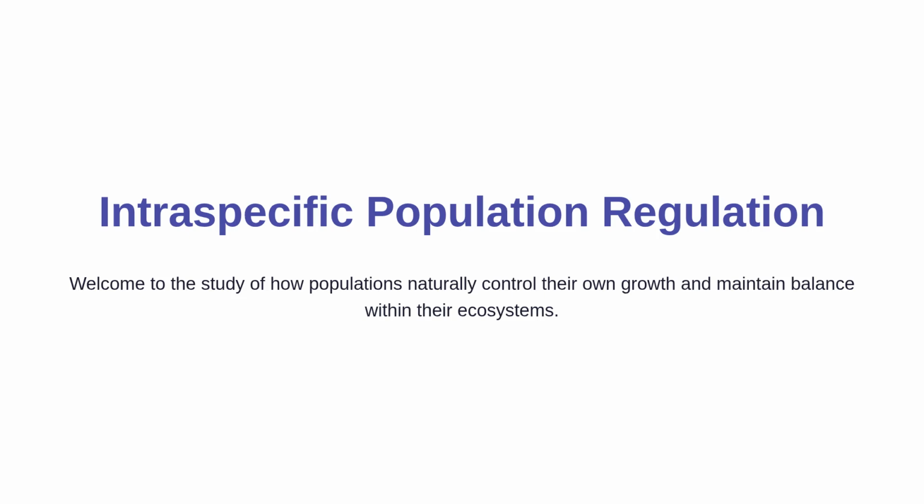Welcome to this lecture on principles of ecology. Today, we are going to explore a fascinating topic called intraspecific population regulation. Have you ever wondered why a forest is not completely overrun by deer, or why a pond does not overflow with fish? Nature has a built-in mechanism to keep populations in check, ensuring that no single species exhausts all its resources. Let us dive in and understand how this delicate balance is maintained.